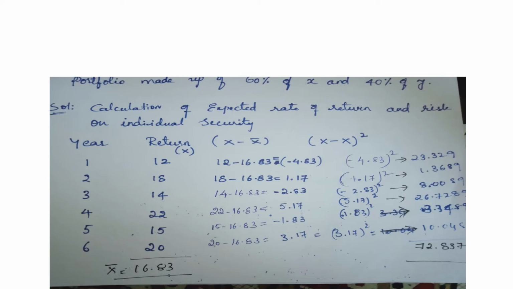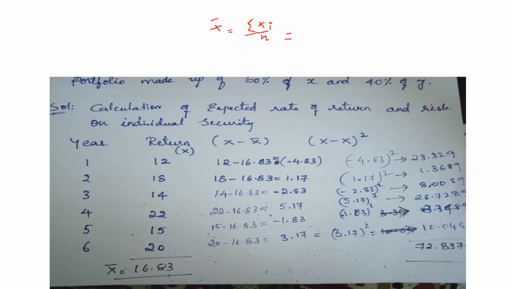So here you have to find out the X bar. X bar is nothing but summation of X by N. X here I'll take as Xi because we are given information about individual securities. So summation Xi by N is equal to, summation of individual securities, what is the